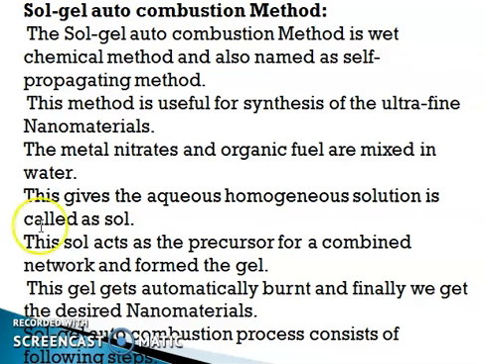This Sol acts as a preserver of the combined network and forms a gel. This gel gets automatically burned and finally we get the desired nanomaterial.